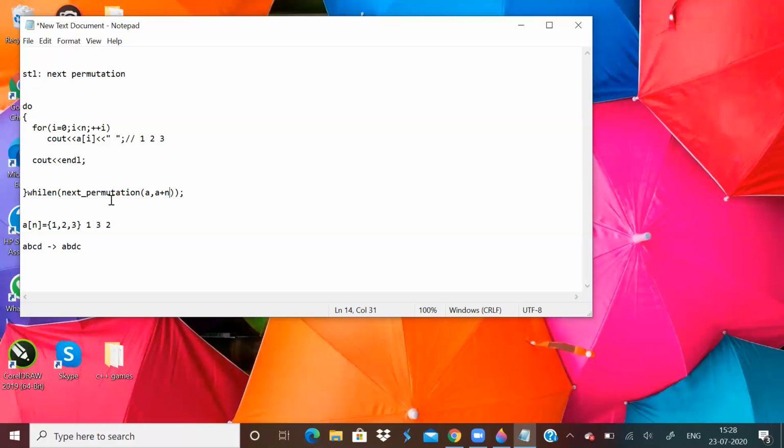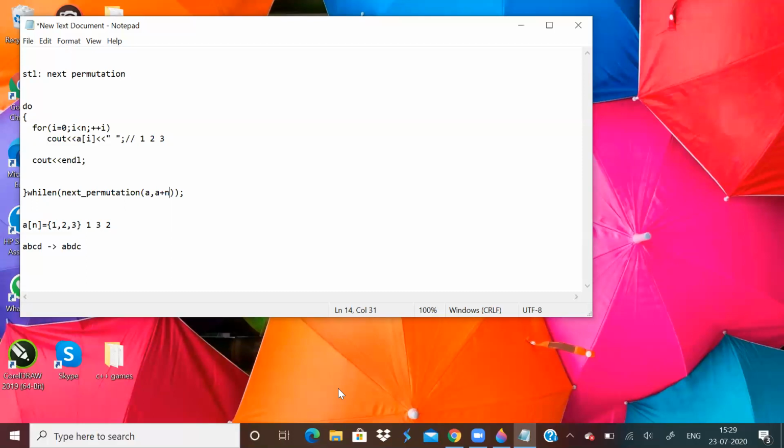You can use this next permutation algorithm to find the lexicographically next permutation of an array, a string, or a number having digits. If you want to do something with the digits of a number, you can do that. In this example, 123 will be printed, then 132, then 213, 231, like that.